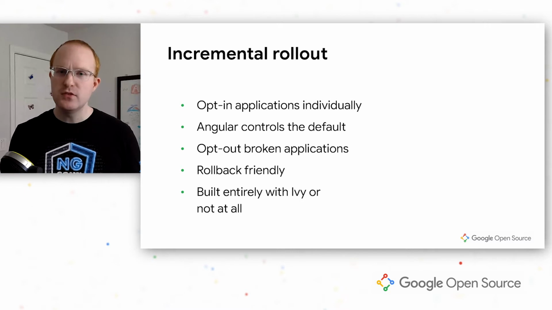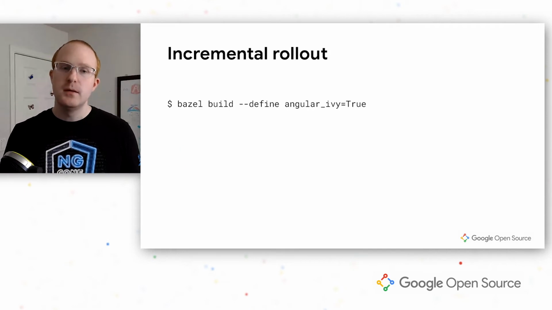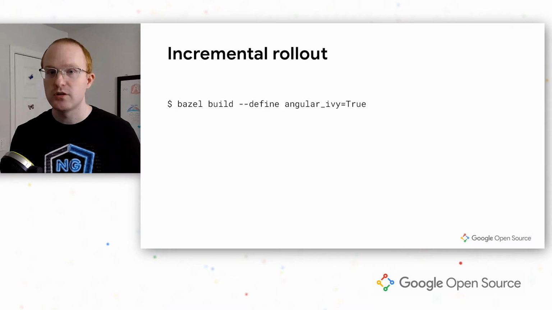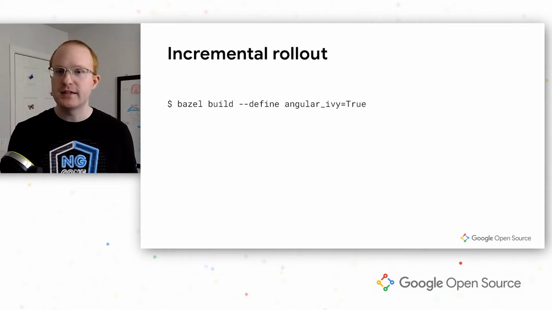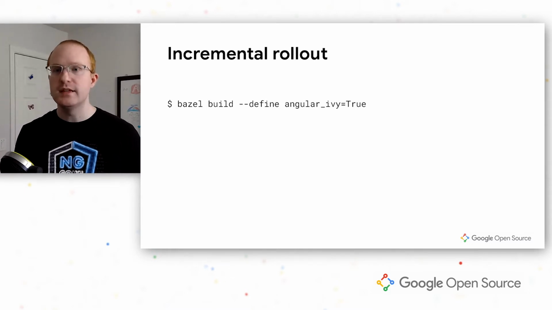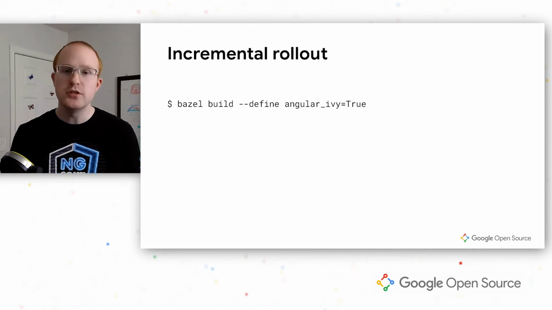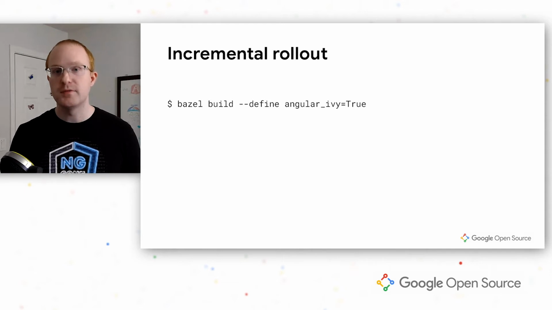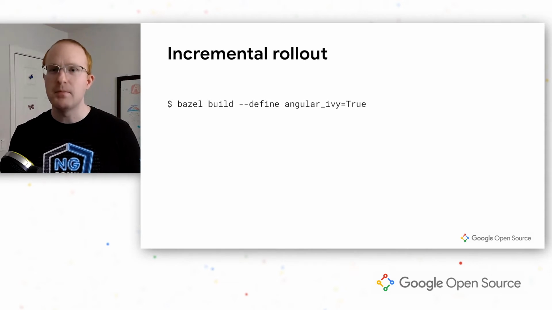And if you're experienced in Bazel, you might be thinking about how you could implement this rollout, so let's look at a couple approaches that immediately come to mind. Firstly, Bazel provides --define in order to specify custom build flags, where developers can add --define, some flag name, and then the value, and you can read this at build time in Starlark. We could use one of these to implement Ivy. The tricky part here is that developers must always provide this flag manually, so you have to remember to add it at the end of every Bazel build command.